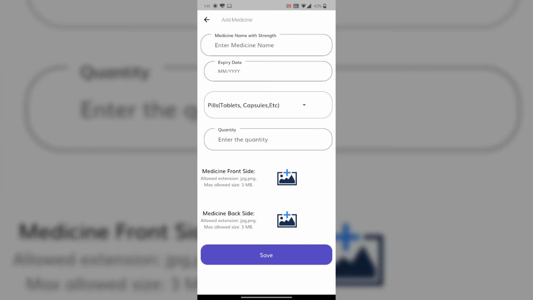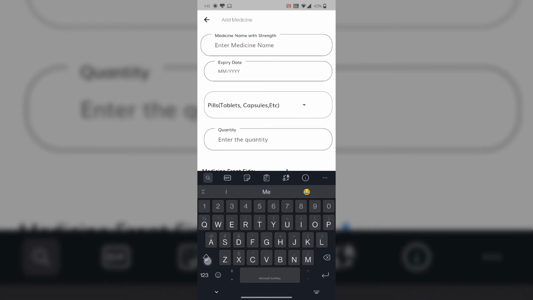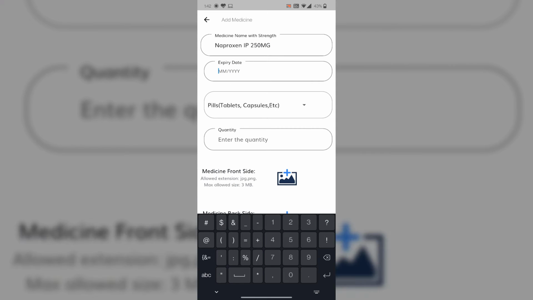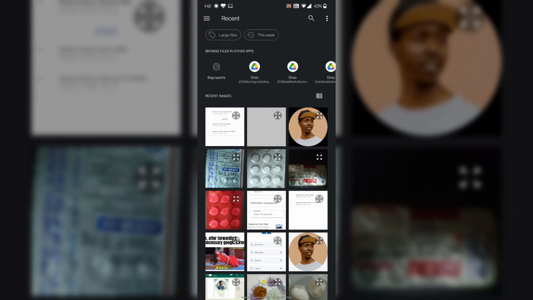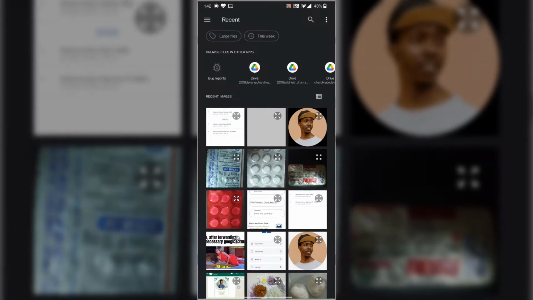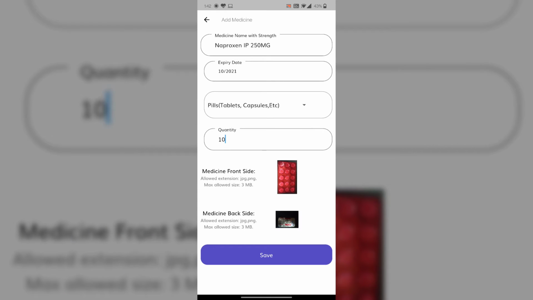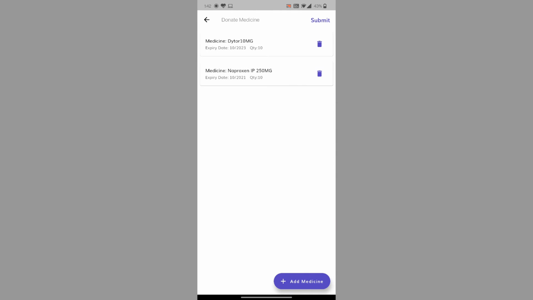Save. Add another medicine. Add image, front image and then back image. Let's say save. Here is the submit button.